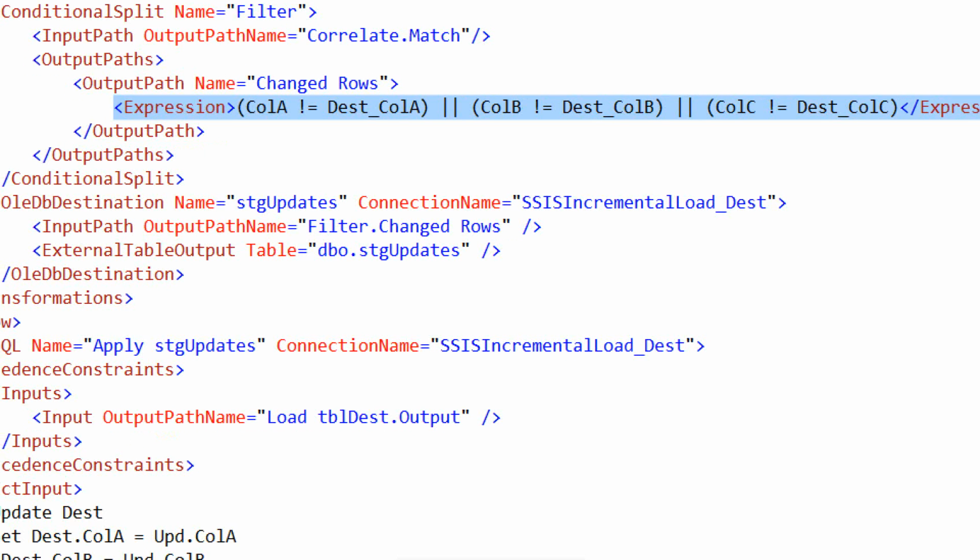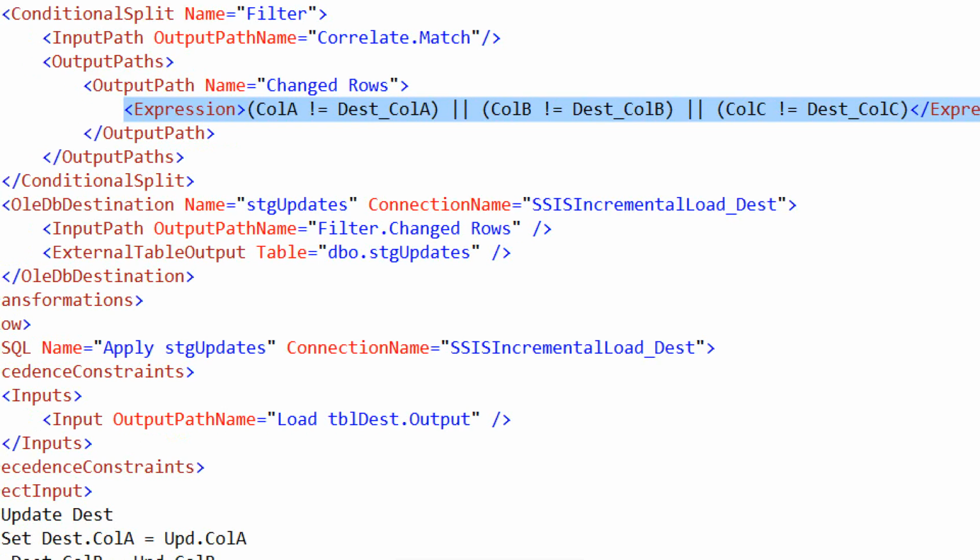Either you love expression language or you hate it. I started out hating it, but then I learned more about it, and as I did, I began to love it. It's very fast. It's also very difficult to learn. It's probably one of the hardest things in SSIS to learn. It's kind of a hybrid between what I call curly brace languages, C, C#, Java, and Transact SQL. So that's part of the reason why it's so confusing. But what I've done is I've defined an output in that called changed rows,